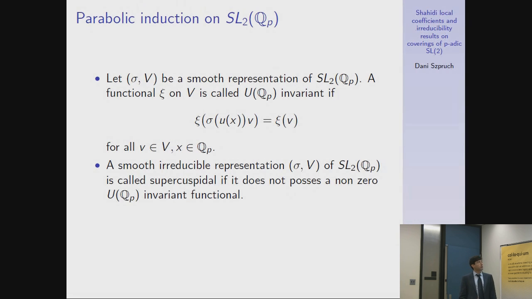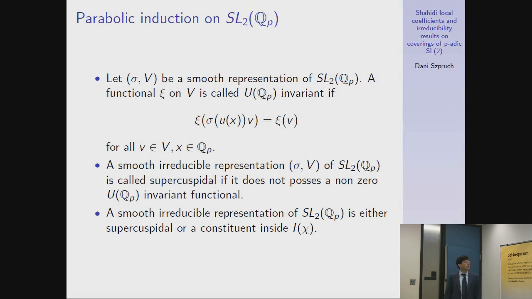A smooth irreducible representation is called supercuspidal if it does not possess a non-zero U-invariant functional. And it is the fact that a smooth irreducible representation is either supercuspidal or a constituent inside this induction, I(chi). This is by a very general argument called Frobenius reciprocity. So if you want to study the non-cuspidal part of